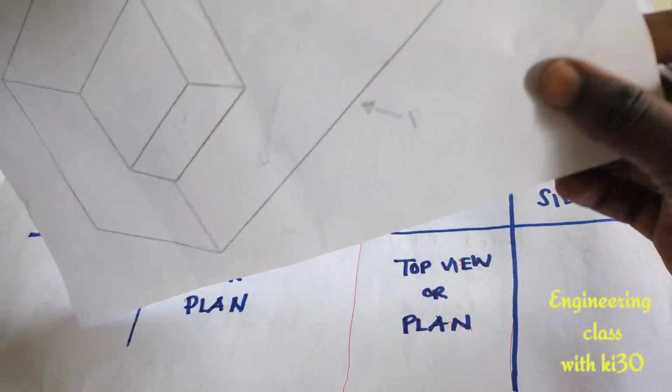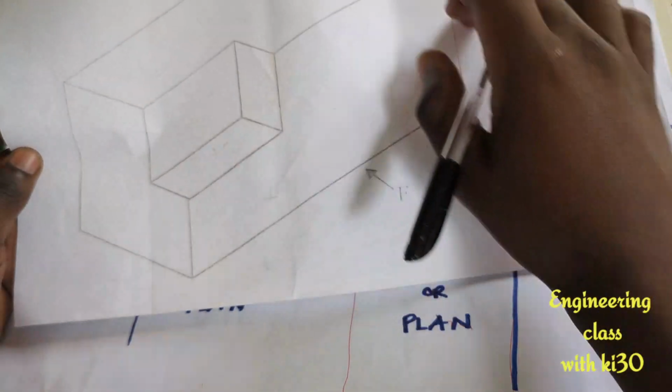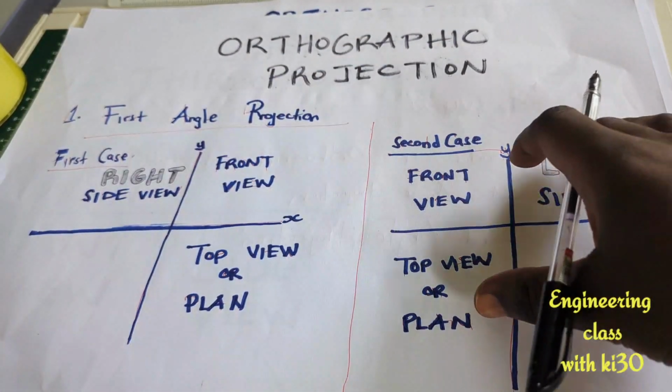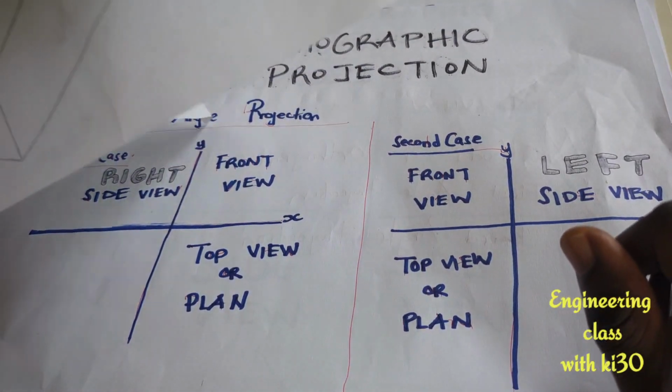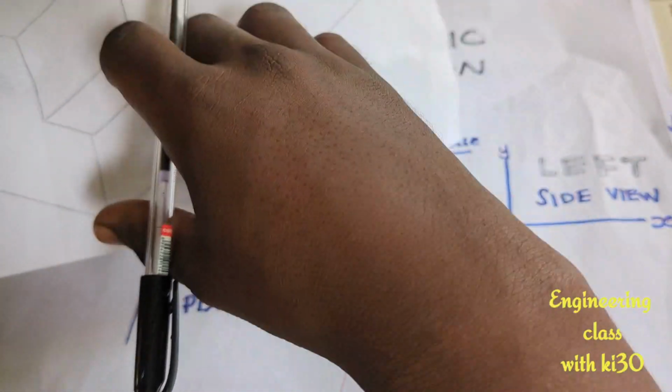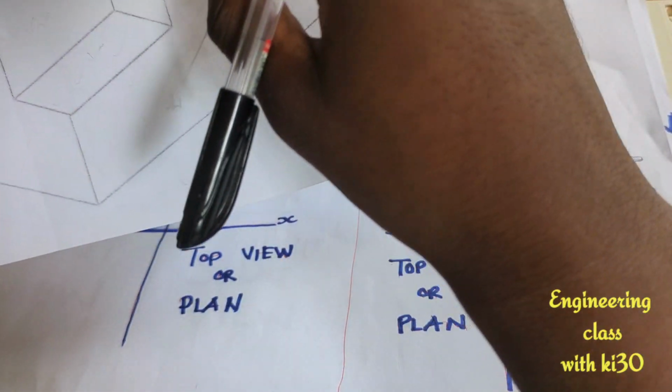Next period, we are going to discuss how to draw these views in our portrayed formations. So we are going to discuss the interpretations, the next part of orthographic projection, on the interpretation of our object